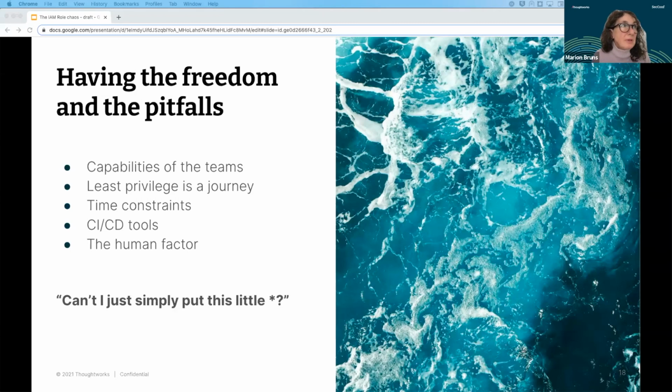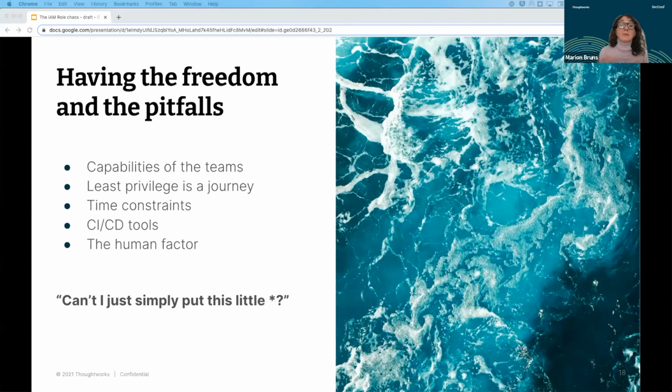Then the other pitfall is that least privilege is really challenging to set up. It's a journey, because it's really tedious to set it up. And sometimes you ask yourself, why in the hell can I still not access what I want to do with that? Or why can't my resource access what I want it to? Time constraints: sometimes it appears in teams, hey, you have to get done with that X, Y, Z. And there is sometimes a tendency to overrule least privilege by time constraints, which is really a risk.